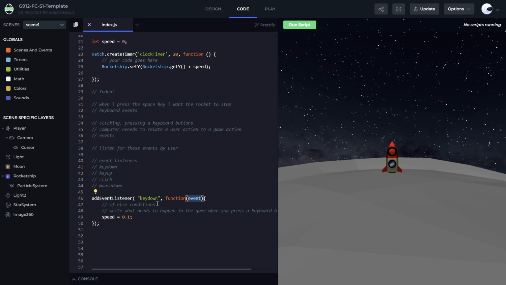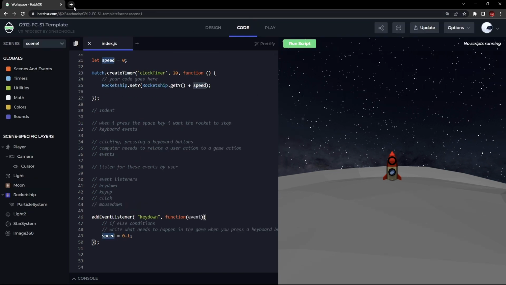Whenever the computer starts running this code here, it needs to store the value of the keyboard button that the user has pressed. So it will store the value of the keyboard button in this word event. Now what we can do is we can add the if else condition by checking if the name of the key is up arrow. So first of all, let me actually exit my full screen window and go to a new tab